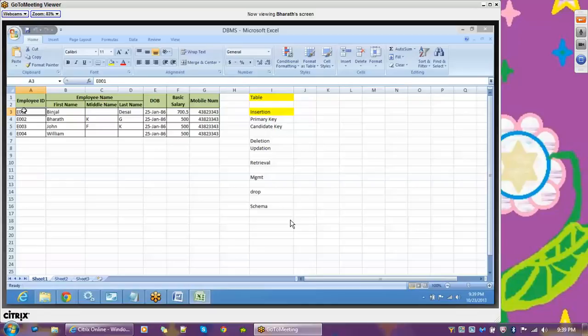So primary key is nothing but a column within a database, or an attribute of a table, which will always be unique, and it will not allow blank data. So I cannot add a row without giving an employee ID. In order to add rows into the employee table, the first step is I have to give an employee ID. So that's how primary key works. And we have another thing called